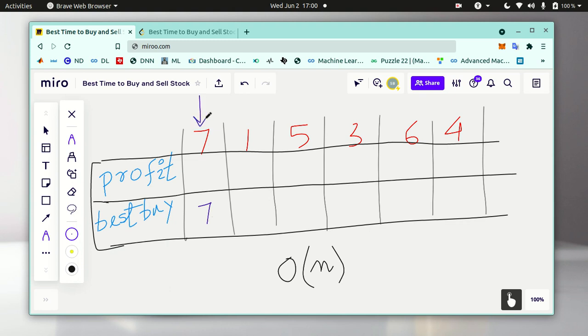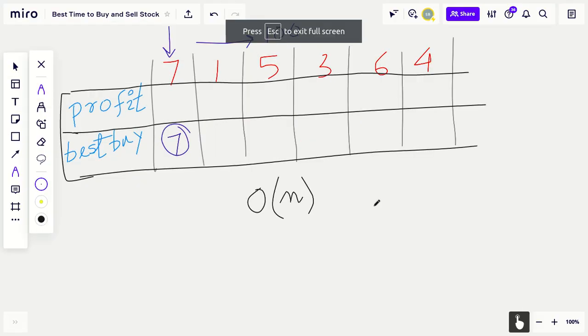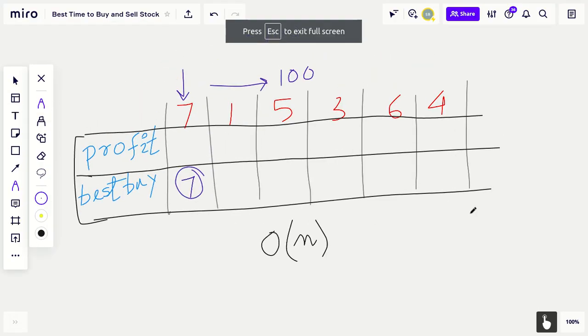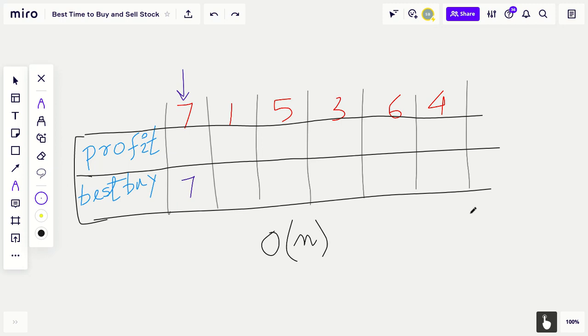Okay, so in future, if say there is a price of 100, it may happen that this decision of buying the stock on the day when the price was 7 turns out to be profitable. Okay, so let's go full screen, and at the same time we have to initialize the profit with the value of 0. Okay,